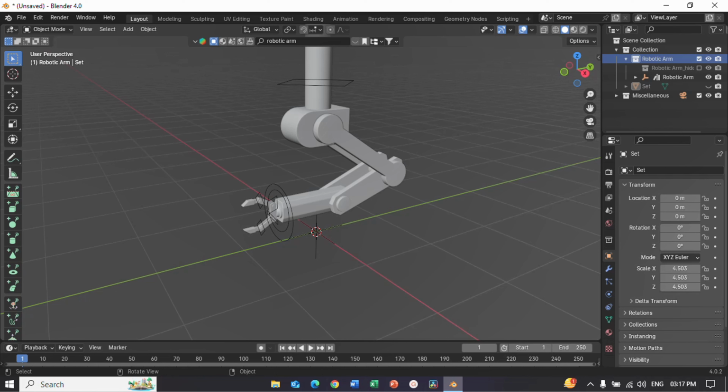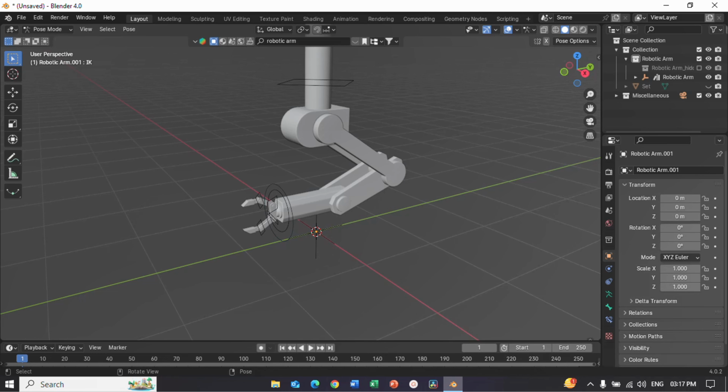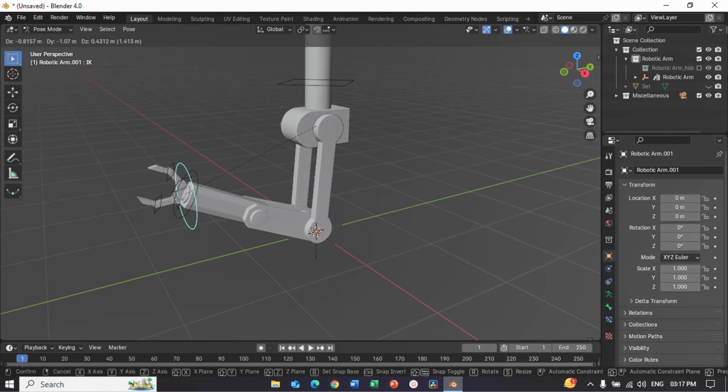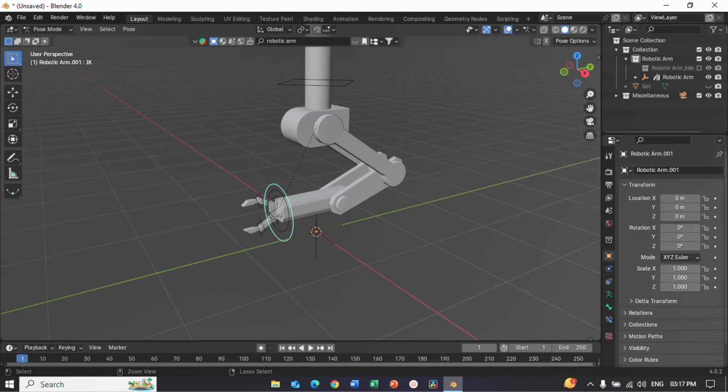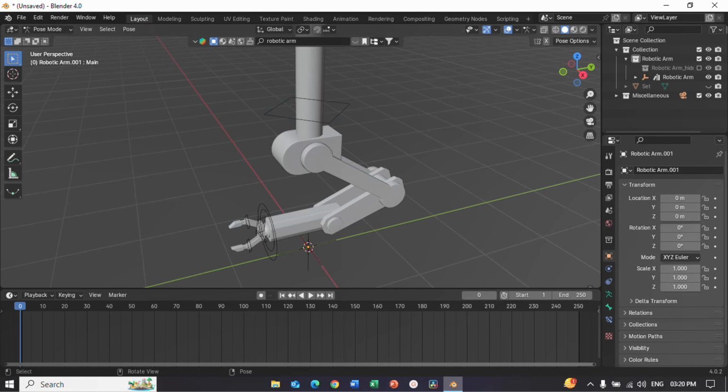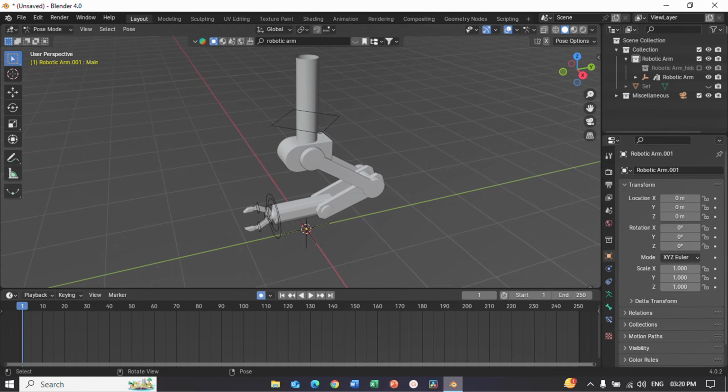Without any further ado, we are just going to select one of the rigged parts and we will just go to pose mode. And in this pose mode, everything is like magical and we can adjust everything like we want because everything is rigged. Let's turn on auto keying so that everything gets easy. Now we are going to go to frame 1 and we are going to select this whole thing and we will just add in a keyframe of every property.